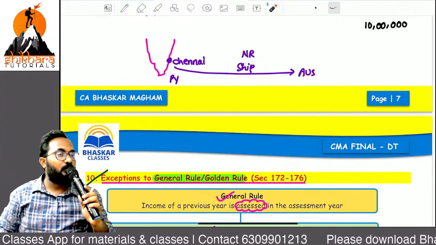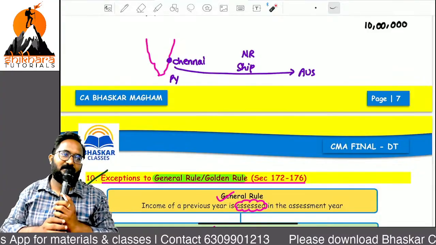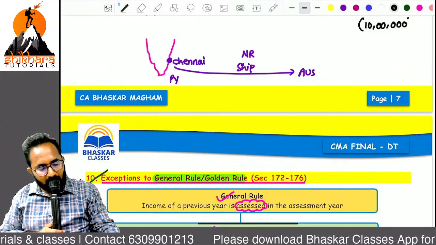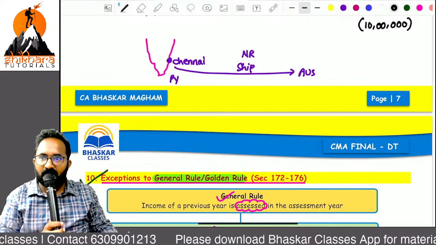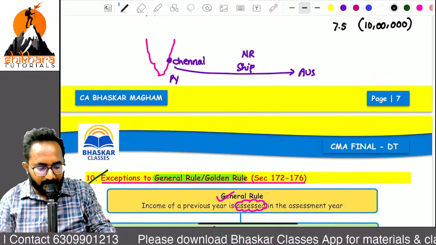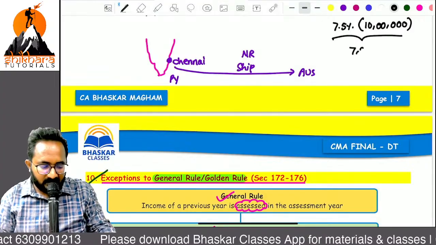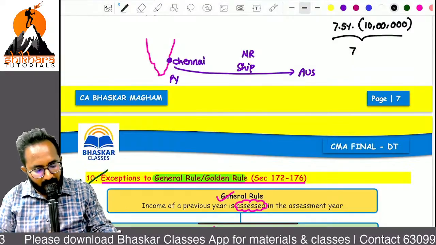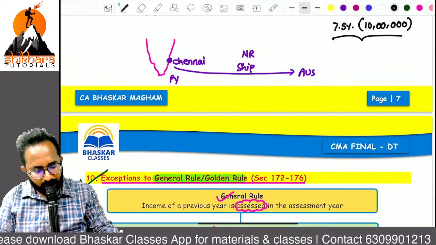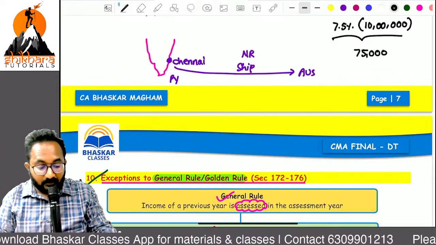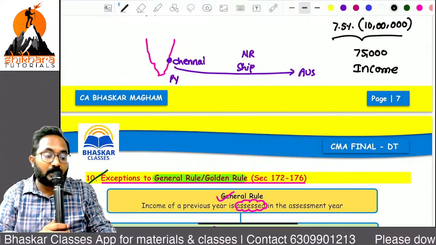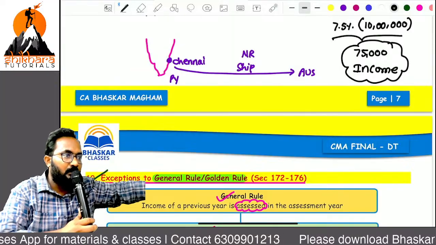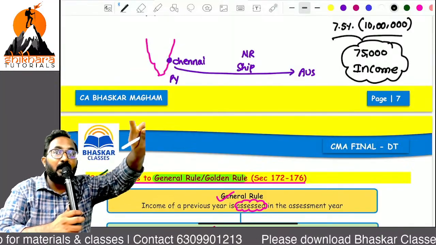So that's why you have to follow presumptive taxation provisions. What is that? Sir, your freight amount, the ticket collection charges, we can call it freight. On that, 7.5%, please calculate how much? 7 lakh, sorry, how much? 75,000. It is only treated as income. On that income, you are required to pay the tax. Many students are thinking the 7.5% is tax. No, that is a presumptive income.